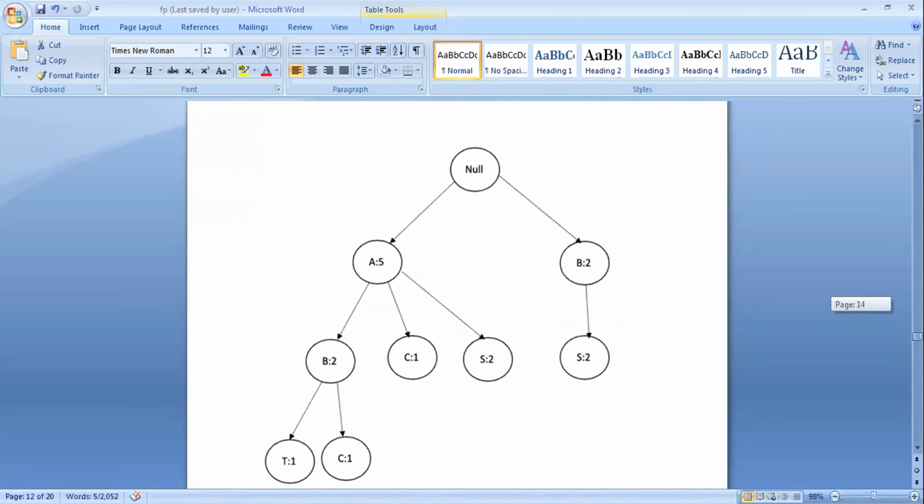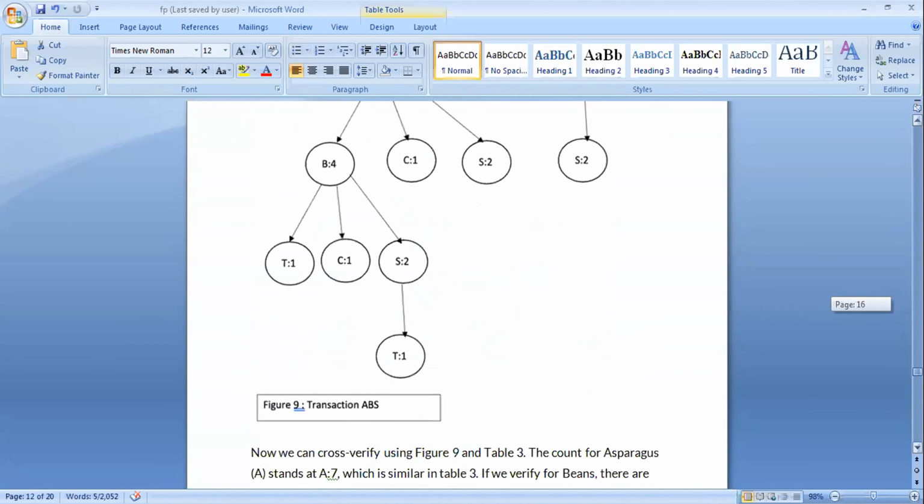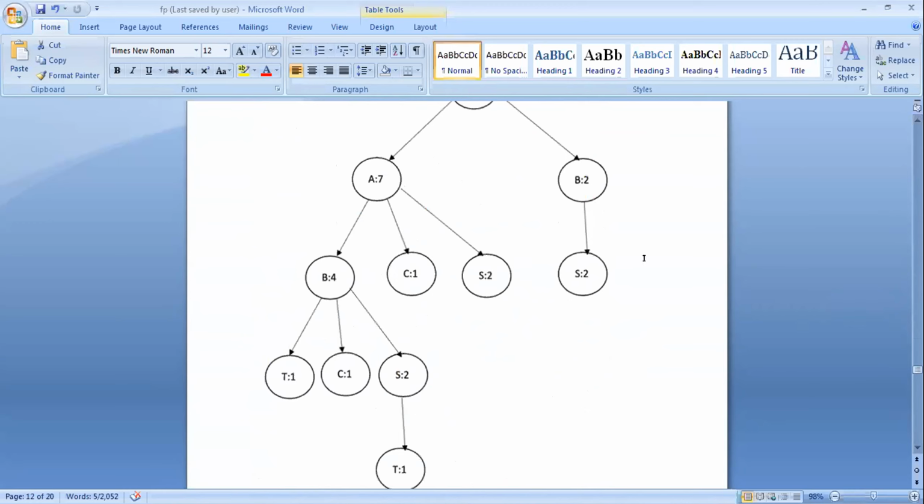Like this way, you have to process. Finally, you get this diagram. The transaction of ABS, finally you get like this. So totally A appears 7 times and B appears 6 times